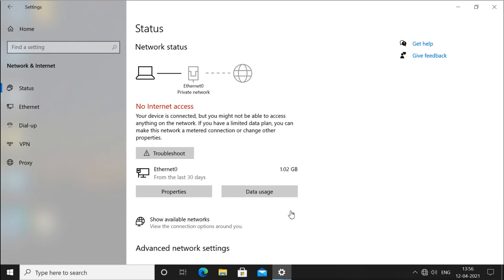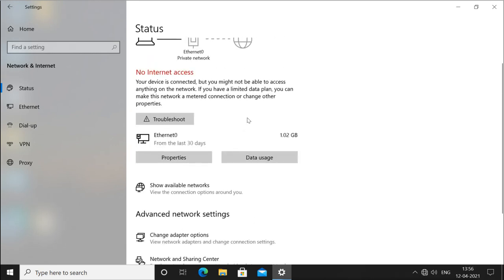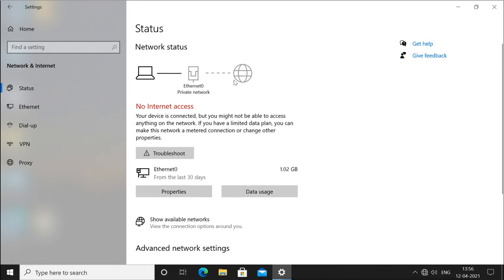It is only showing you the status. You can check the properties and the data use of your Ethernet. Because I have connected a wired network and do not have a wireless network, you can see there is no wireless Wi-Fi showing here. If you have a problem, like you are not able to connect to the internet, then you can use the troubleshooter to check what the problem is. Now there is a problem because I do not have the IP address properly configured. Now you can check the properties.